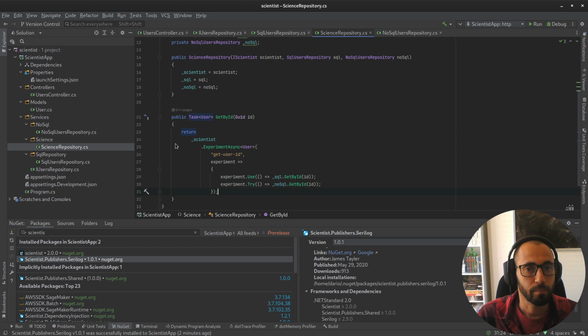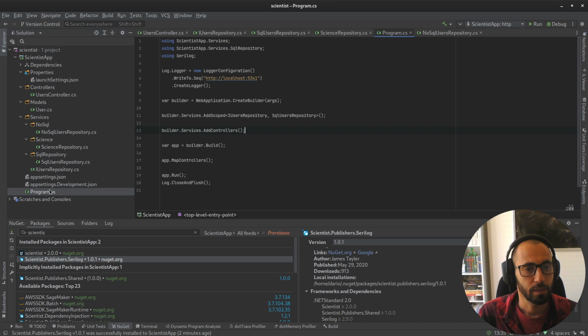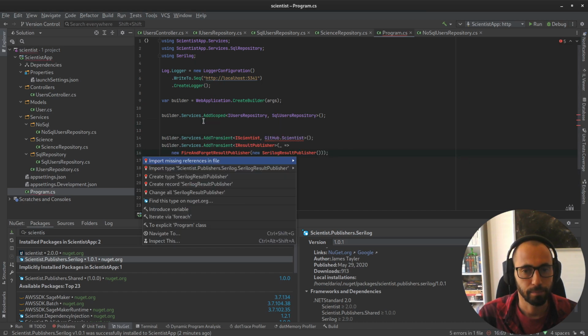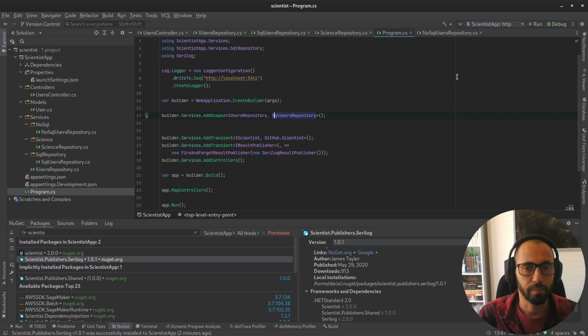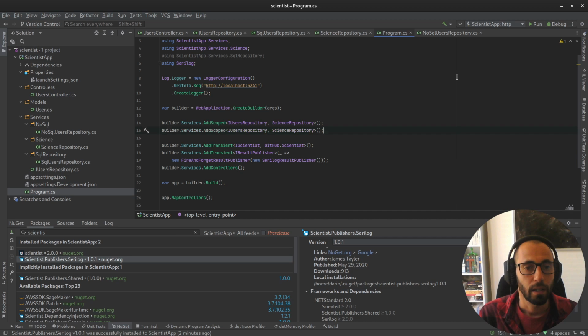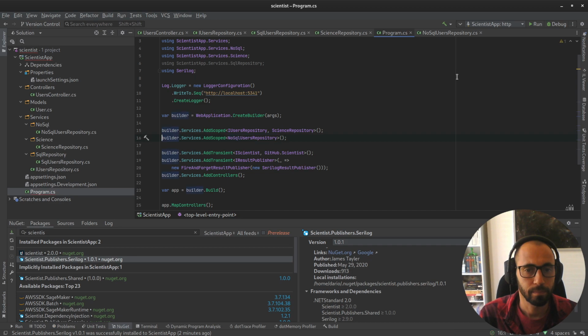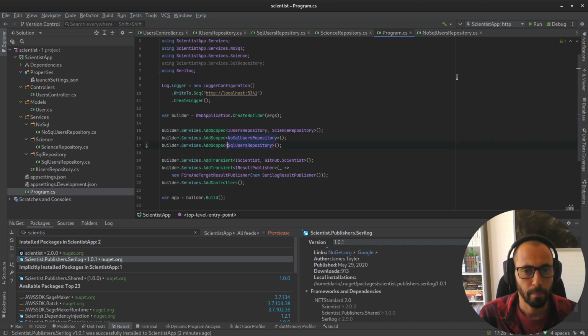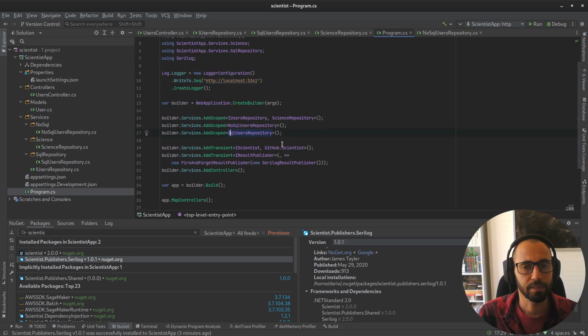What we need to do is configure the dependency injection engine. For that, I'm going to copy the code and just configure here. What I'm going to do is replace my repo to use the science repo, and I'm also going to inject my NoSQL repo and my SQL repo. Okay. So now that we have scientists and we have changed our repo to science repo,